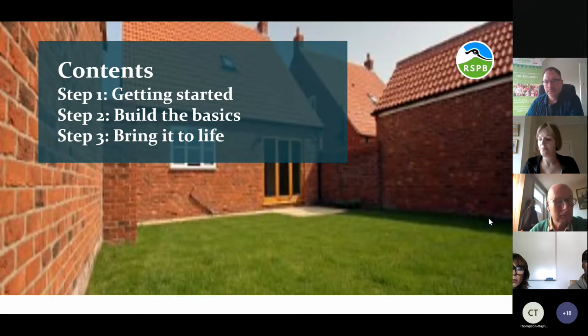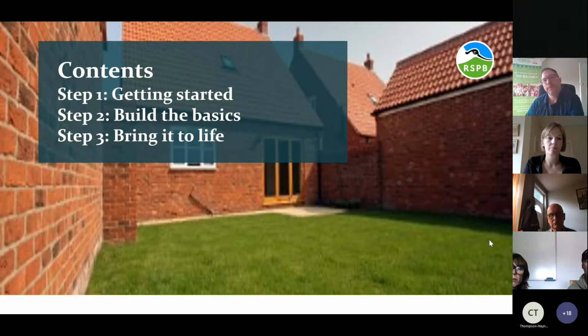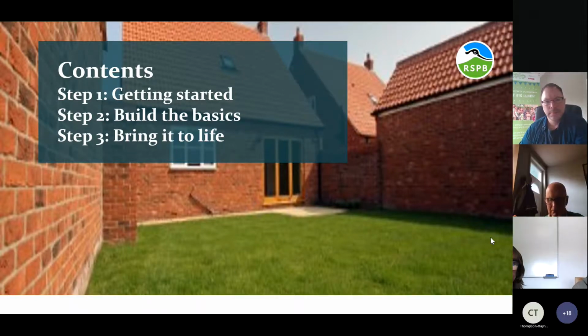Obviously, I'll put some of the images and graphics in from the guide, just so that you can relate to that. And when you are doing a wildlife garden, the most important thing to remember is how you manage the whole garden. Treat the whole thing holistically. A wildlife garden isn't the corner of the garden that you decide to set aside for wildlife,